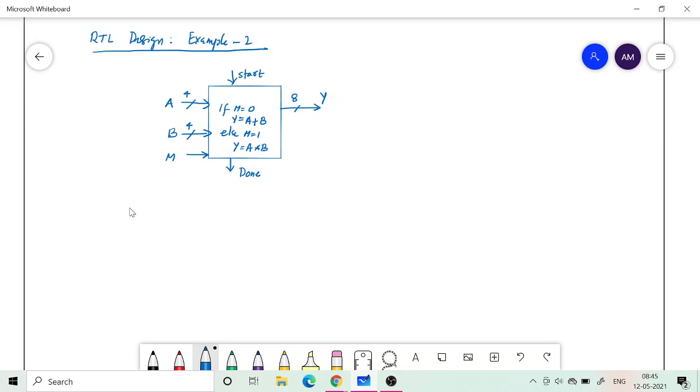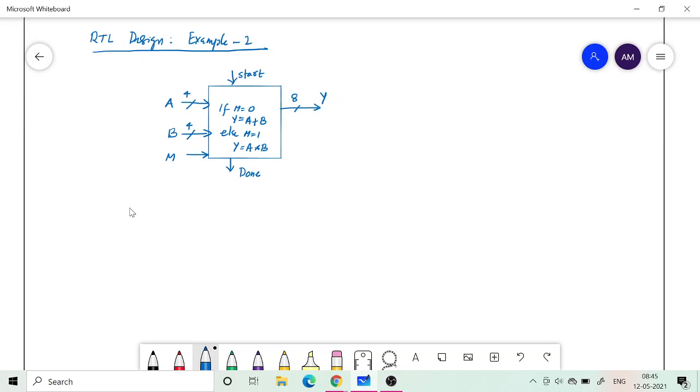So if you want to do something like this, we have to first come up with the parts, or the hardware units, which are going to be there in the data path. Once you decide on the data path blocks, after that we design the controller part. So the first focus is always on the data path.